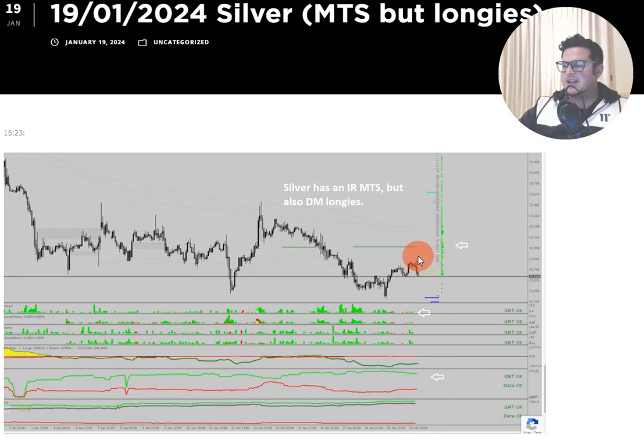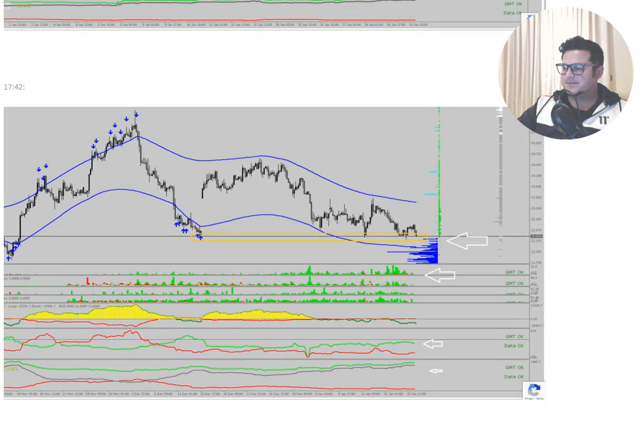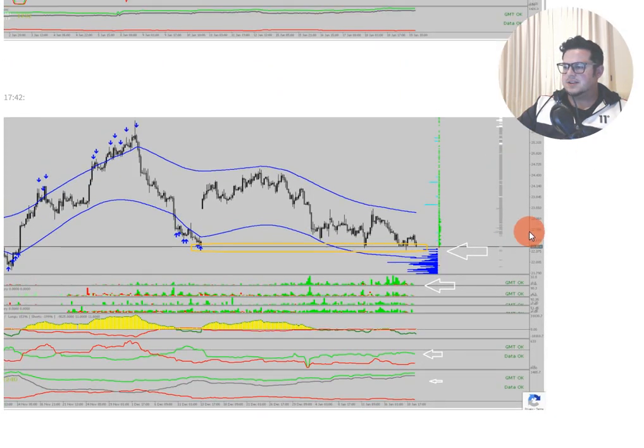So it makes no sense for the smart money algos to take this MTS if that means that those longies here are led into profit. Okay? That would only be the case if the dumb money tolerance were high enough. Here the dumb money tolerance is not high enough. So there is no reason for the smart money algos to let those long positions of the dumb money get into profit just to take the MTS. They can always take the MTS later. Okay? Here you see it also clearly on the 4-hour chart.